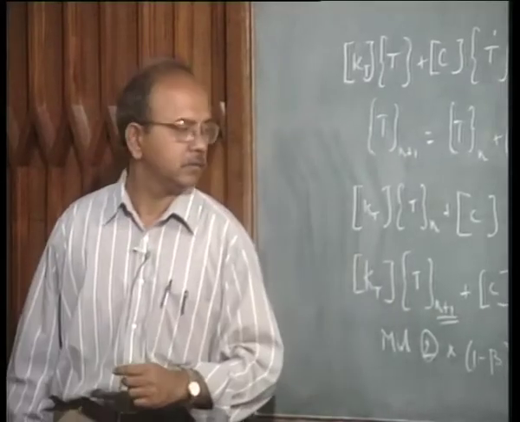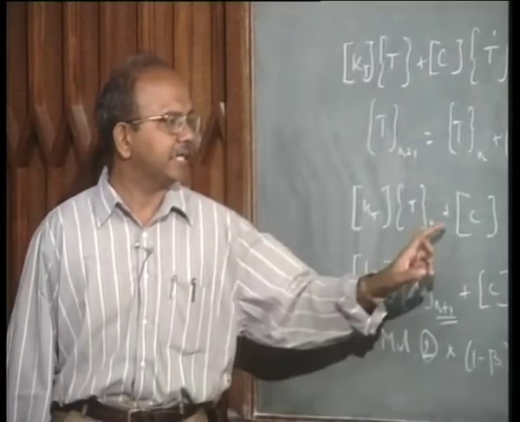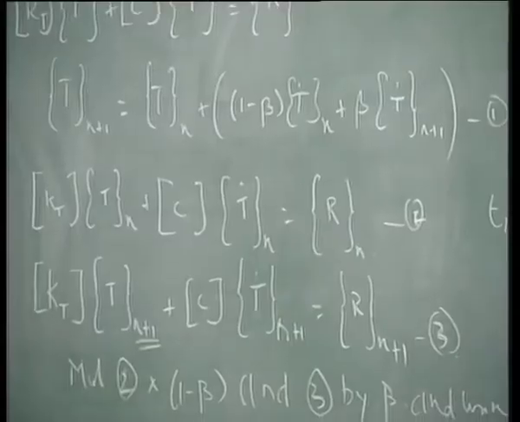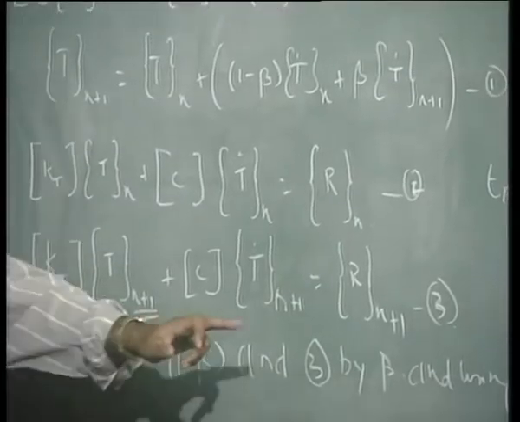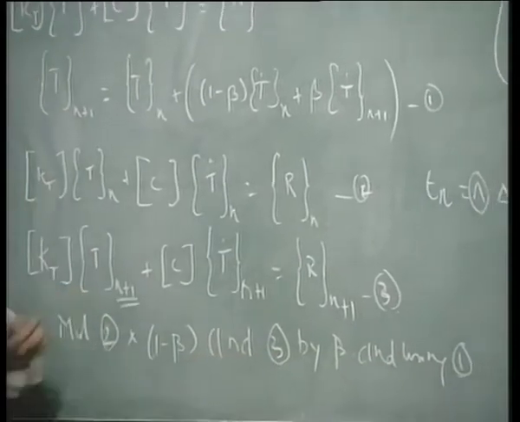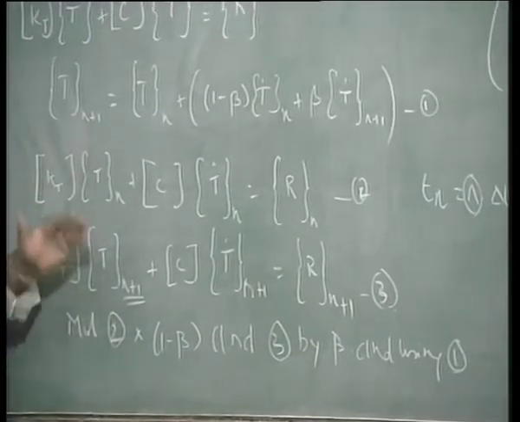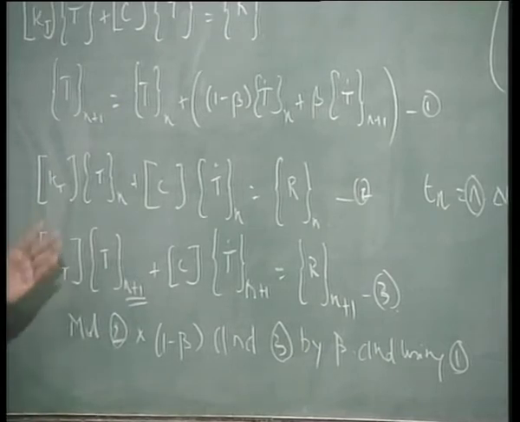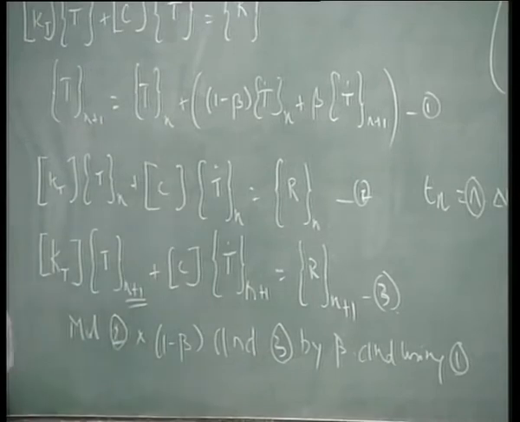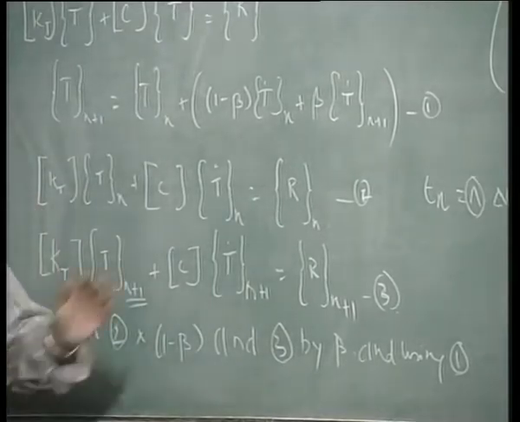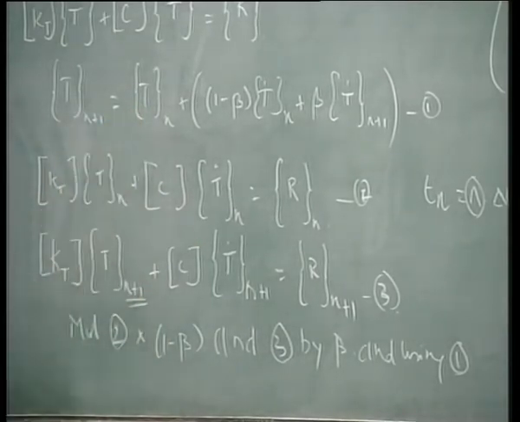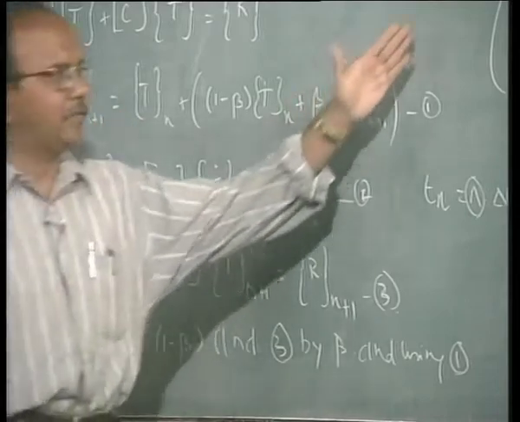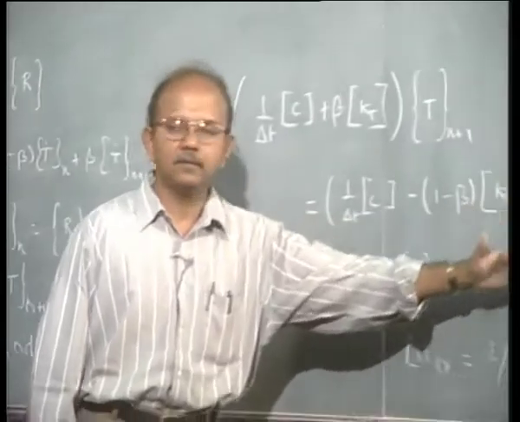What do I do? I multiply the second equation by 1 minus beta, and the third equation by beta. I multiply these two, add them together and use the first equation. Very simple algebra, there is nothing there, just multiply like you do for any other simultaneous equation. I multiply that, apply the first equation. What is the result of this algebraic step? The result of the algebraic step is